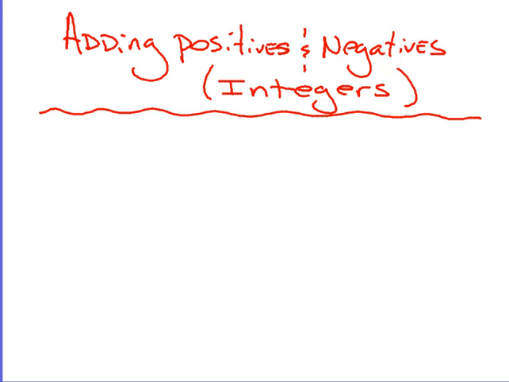First is if you have a positive number plus a positive number, and those are the ones you've been doing for most of your life probably. When you add two positive numbers, it's always going to give you a positive, and you just add them together. Imagine going on the number line to the right and then more to the right,